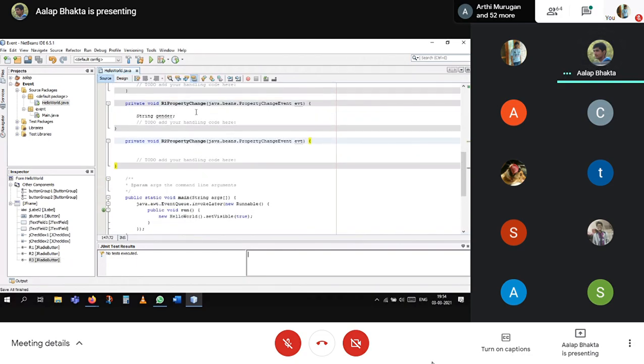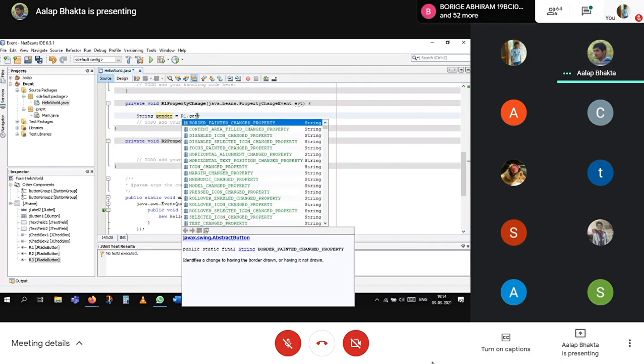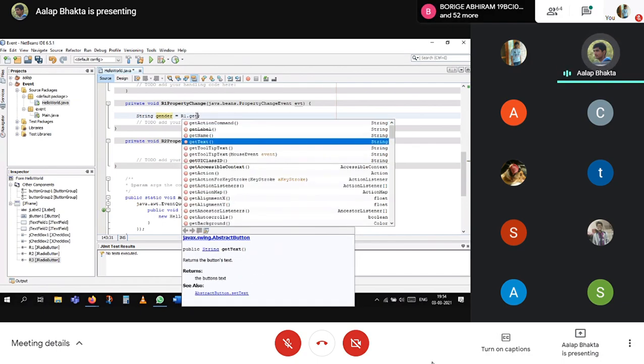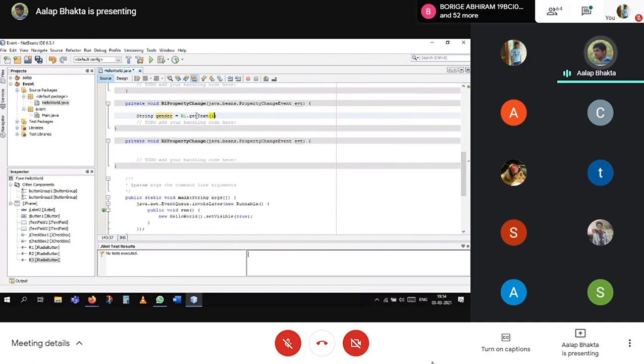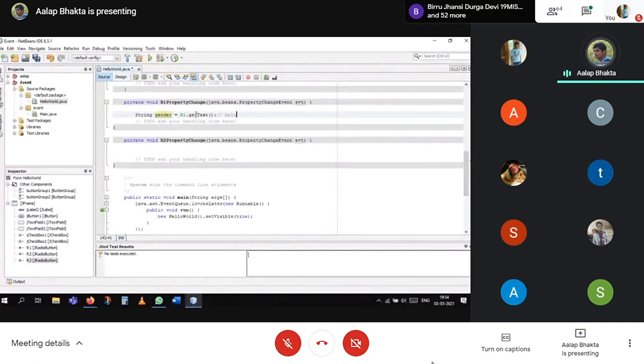So you want to save the gender, so R1 dot, basically getText is also working over here. getText gets the text, like male, and it will be stored to the gender string.